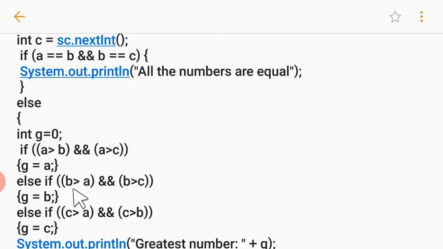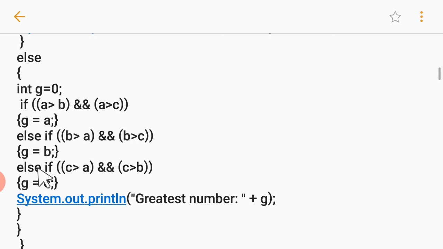Then we come here: else if b greater than a and b greater than c. Now if this is true, then b will be assigned to g. If this is not true, then the control comes here: else if c is bigger than a and c is bigger than b. In this case g will have c. So I hope it's clear to you.